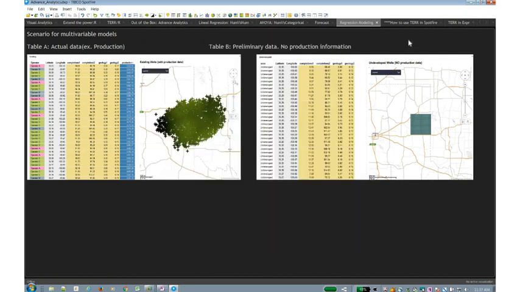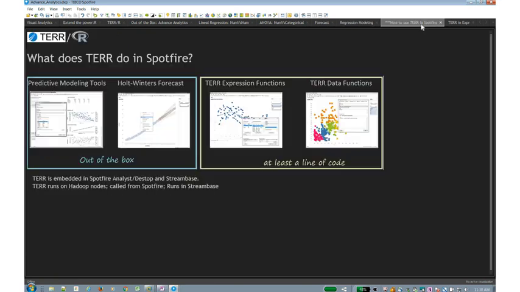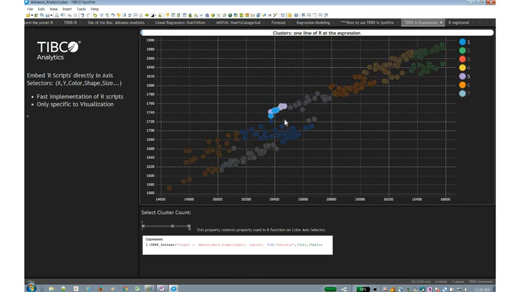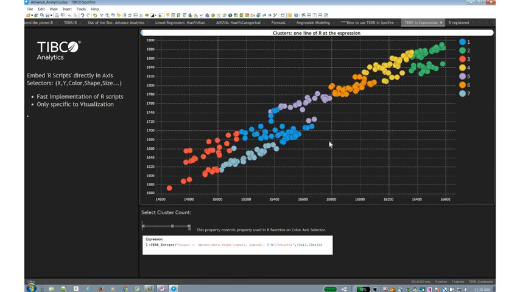Now, I've mentioned some of the things that are out of the box, meaning that there's no coding involved. It's just a point and click on a configuration. But we also have this ability to leverage R right out of the box. What does that mean? Well, all our visualizations are interactive, meaning that you can mark and select and look at the details, but you have the ability to go and look at the